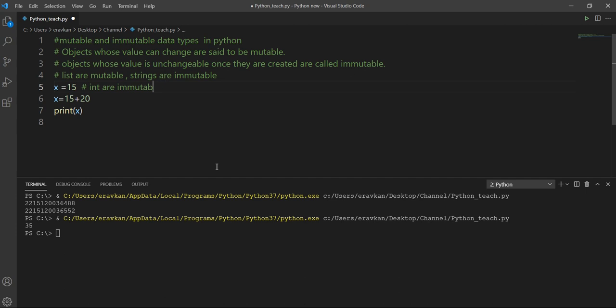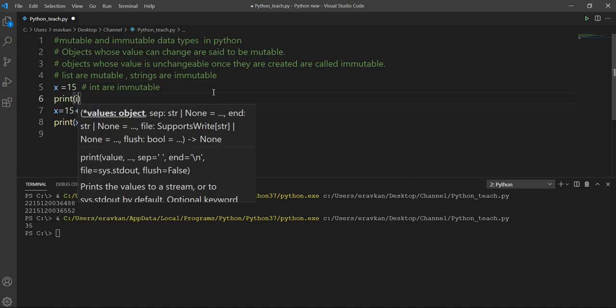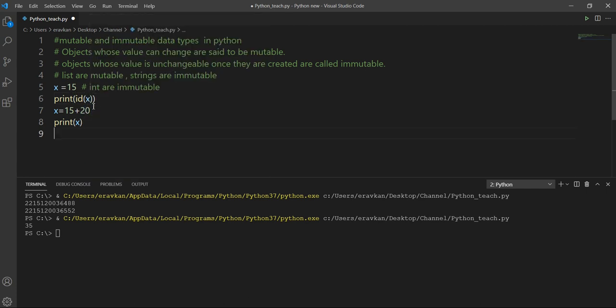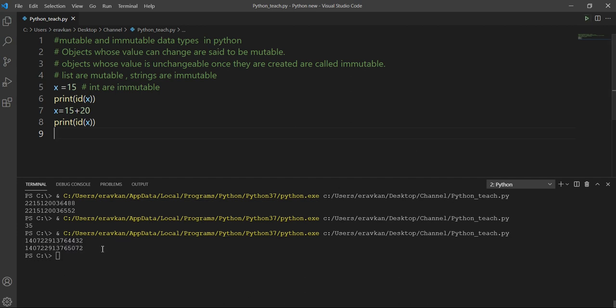So how is it possible to modify the value of x? Let me explain this again by diagram. Let me print the id of x here, and the id of x here, so you are getting a separate memory location.